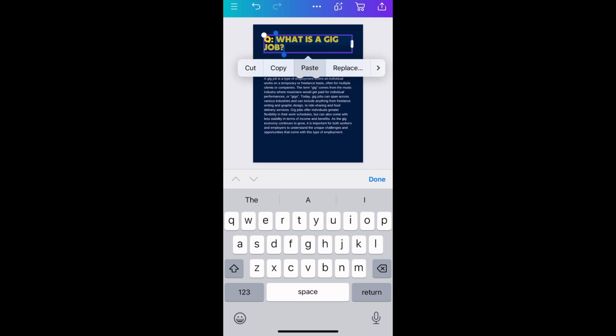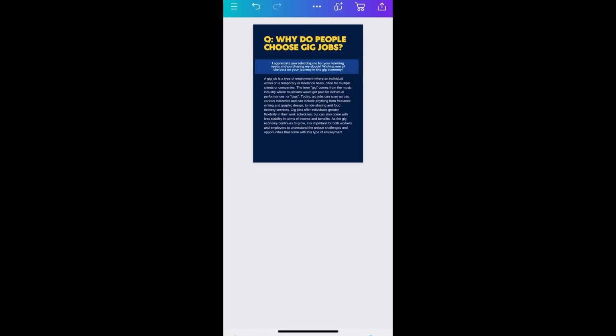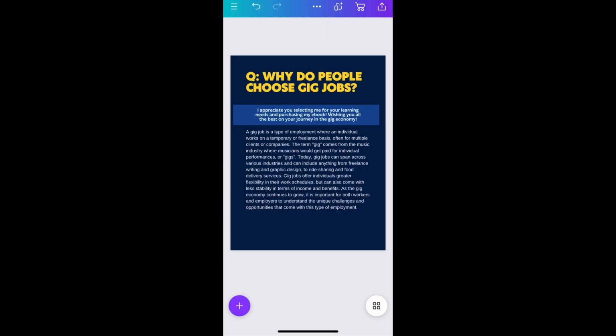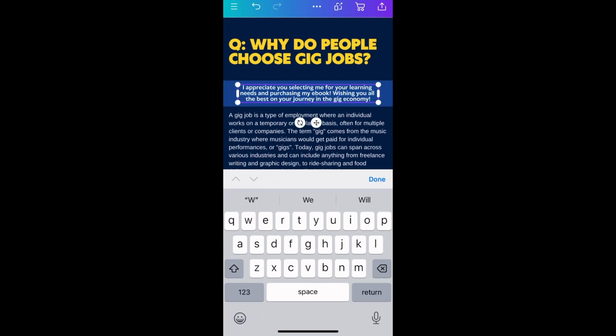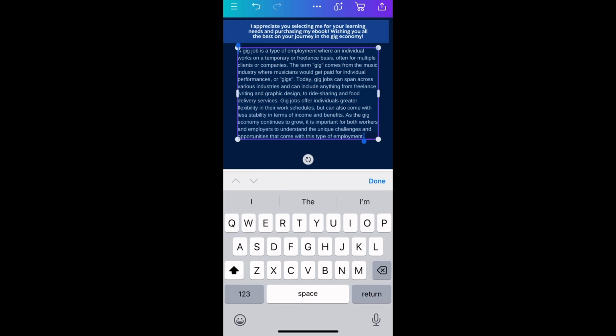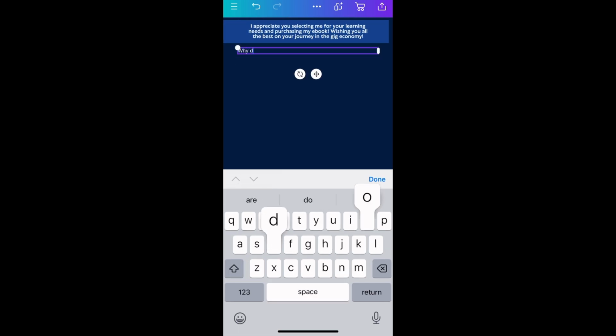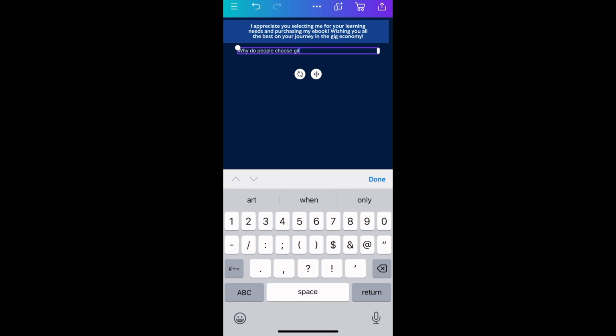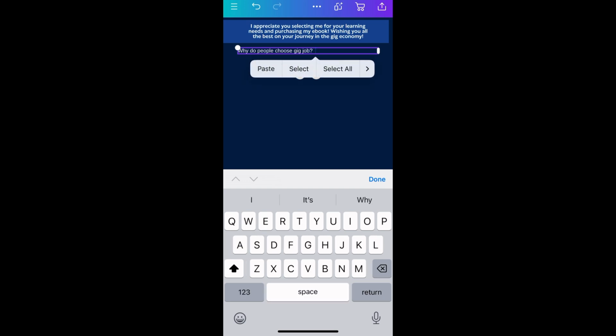Question. Why do people, you see that? Why do people choose gig jobs? Here, I'm going to put a highlighting topic there, I believe. But let's ask, why do people choose gig jobs? Or better yet,